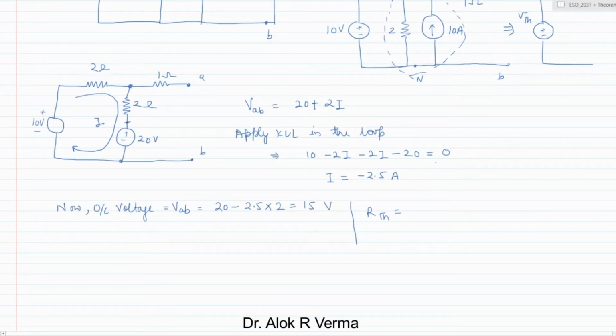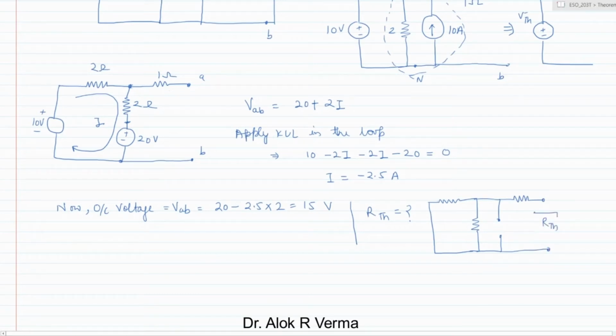Suppose we want to redraw the circuit by turning off all the sources, so we have one here, and this voltage source will go into the short circuit mode, and this current source will go to the open circuit, and we have one,